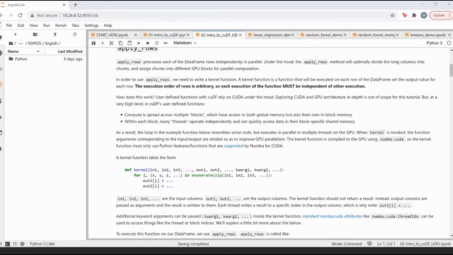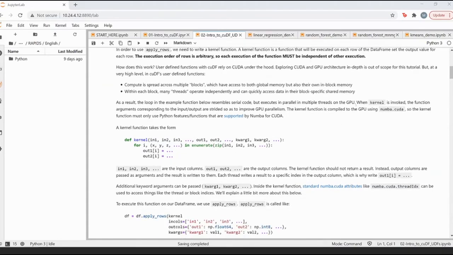I'll try to share those details as and when required, but the point I'm trying to make here is that it's not very straightforward to write these functions in Python, because whenever you want to write parallel code, you have to write it in CUDA C++ itself.